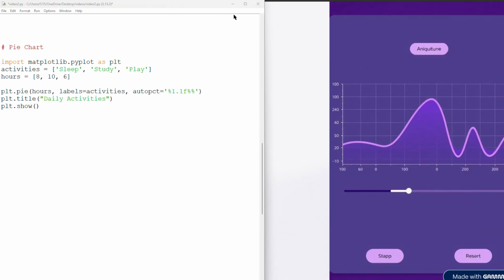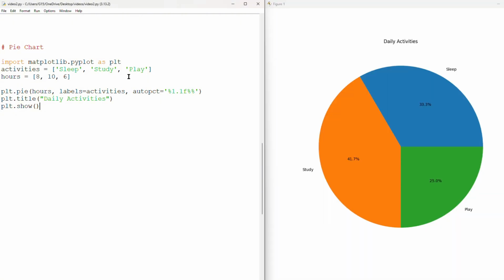In this one, first I'll be importing Matplotlib as plt, and I'm giving a list of strings in activities and a list of numbers in hours. And with plt.pie, I'm using hours as the data, and I'll be labeling it as activities. In the next line, I'm giving the title as daily activities. And when I run this, I got a circle, that's a pie chart, which has a title of daily activities. And here you can observe I have written autopct as